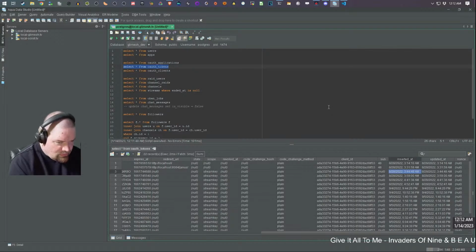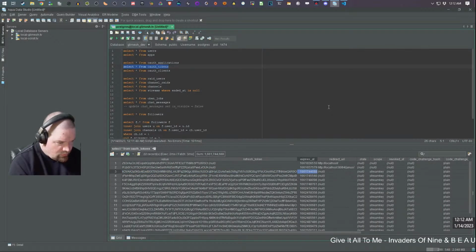That's showing the expiration as a day later, for the stream key scope.